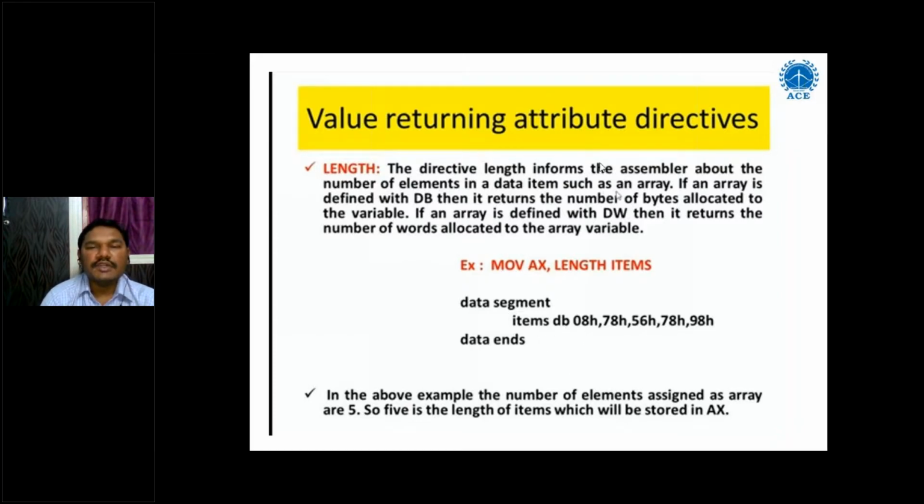Here the number of elements are 1, 2, 3, 4, 5, 5 values. That's why we can write MOV AX, LENGTH OF ITEMS. So in the above example, the number of elements in the array is 5. So 5, the length of items, will be stored in the AX register.